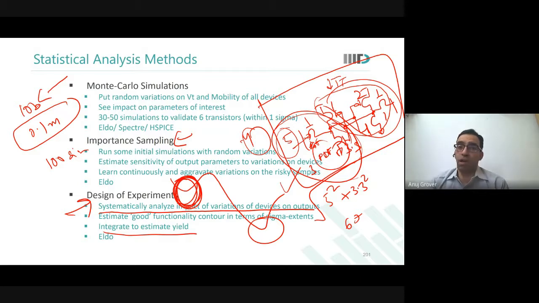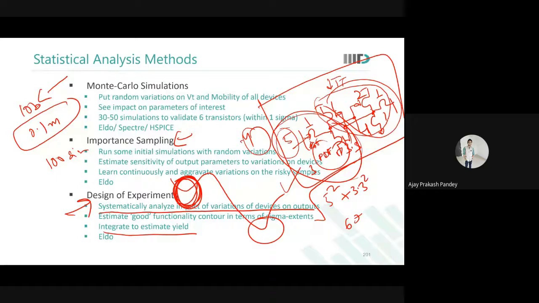So for example, for clock generation circuit, you will do only Monte Carlo. You do not want to enter into either importance sampling or DOE. This circuit is appearing only once inside the memory, so you do not need 10 billion simulations anyways. You only need 500,000 simulations. You run it. Why even go to importance sampling? Because to get anything good in importance sampling, you need at least 10,000 simulations. So you choose depending on what part of memory you are designing. There's no one answer. But all these 3 methods are used simultaneously in any memory design for different circuits or for different things.